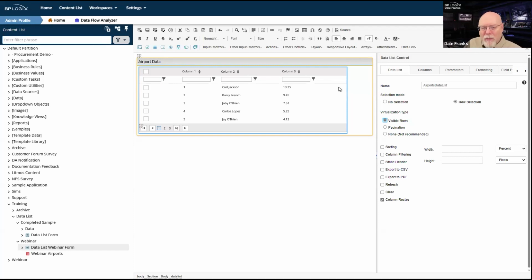This is a little more complex and a slightly more resource-intensive way of doing virtualization. Again, you have a height control that has to be set on the data list control. Well, it doesn't have to be set, but if you don't, it's going to be inconveniently short. Let me just put it that way. So you do need to set a height. So however many records fit into that height is what is going to be painted onto the screen.